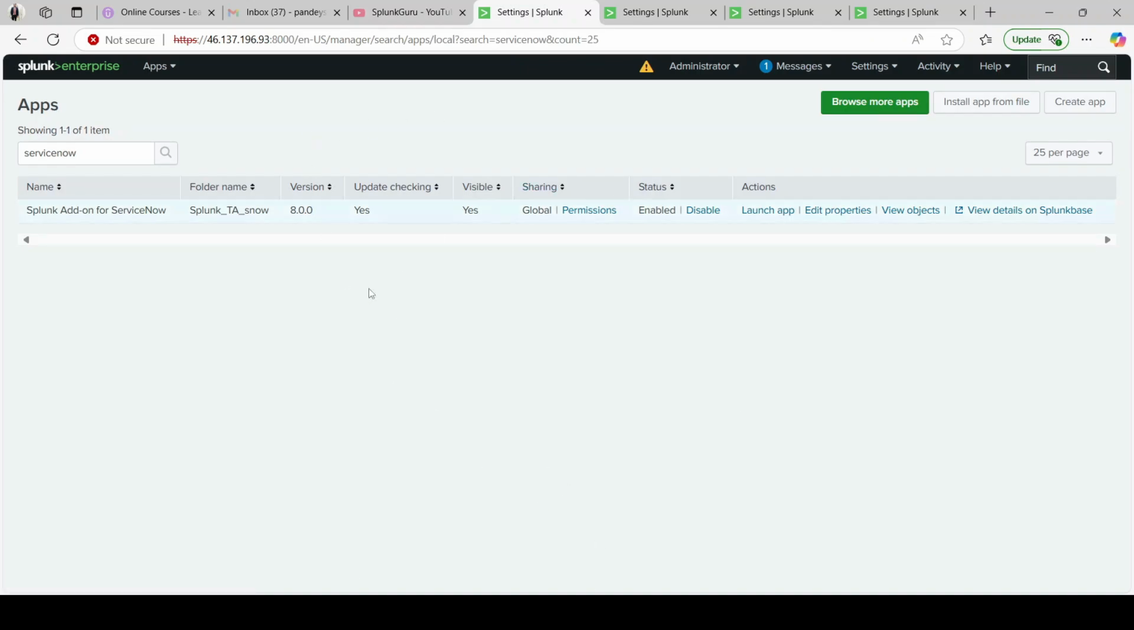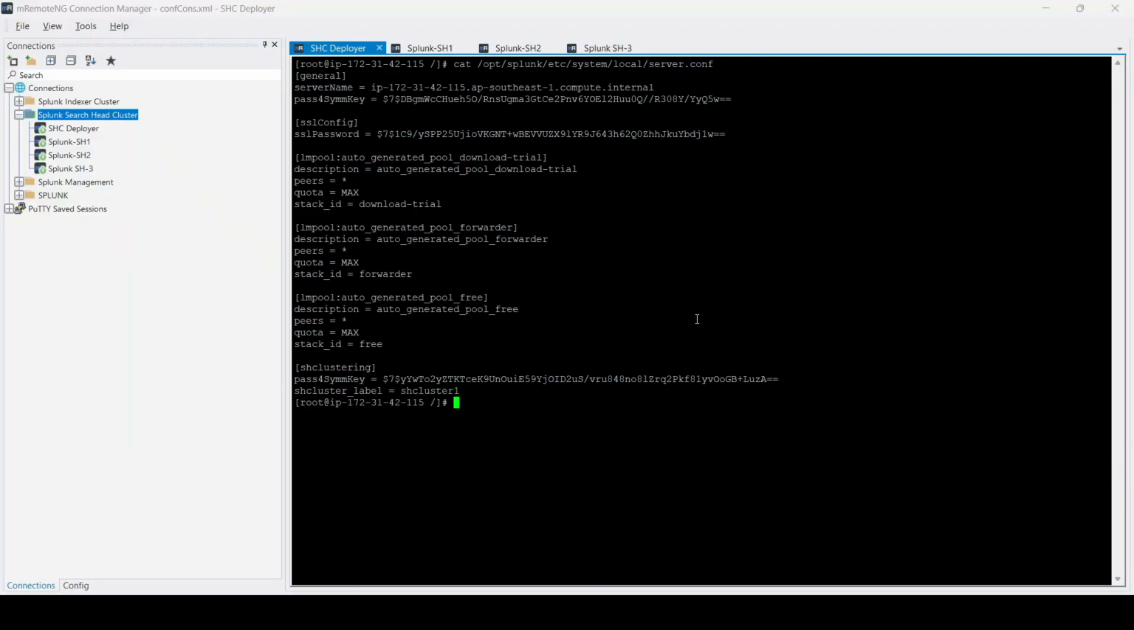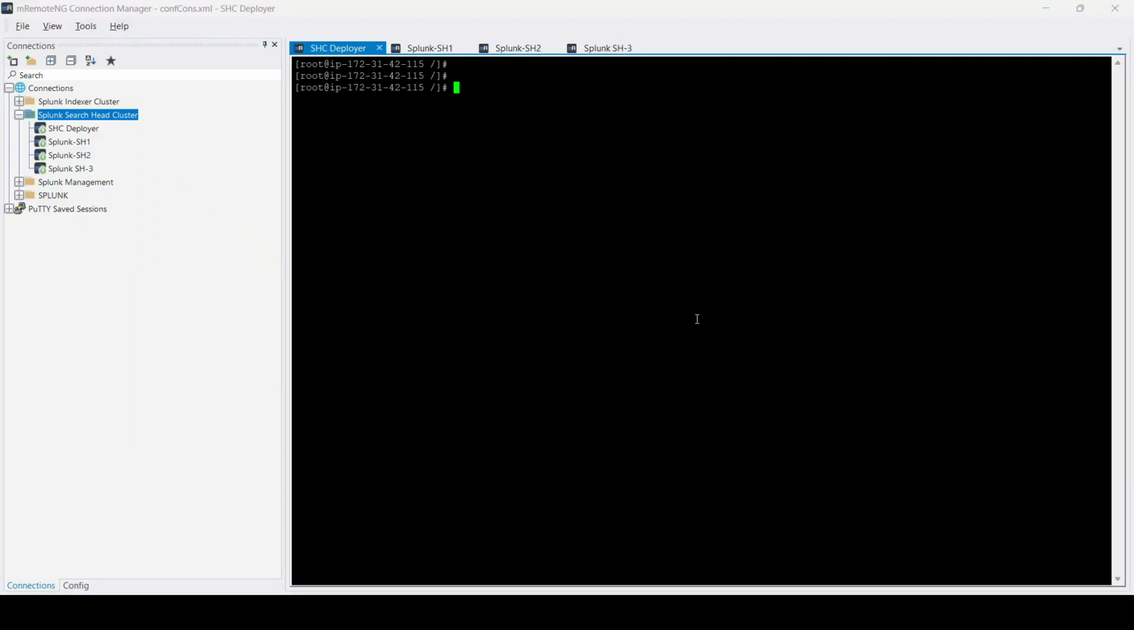So now this app has been downloaded and installed in your deployer instance. Let's go to the backend. And if you remember, during my last lesson, I told you whatever configs, add-ons, apps you need to push to your search head cluster members, those should reside inside the SH cluster directory on the deployer instance, right? So if you currently go to